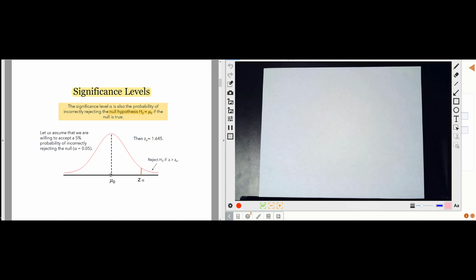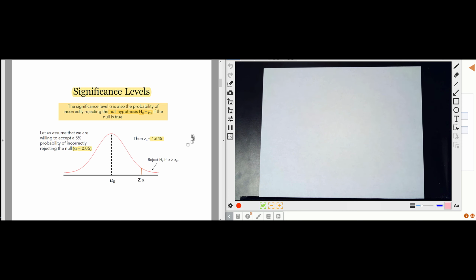It is less likely that the mean of that sample is going to be far away from the population mean. But because the distribution is normal, it is possible that we will draw a sample whose mean is far away from the population mean. And when we select our significance level, here we're selecting a significance level of 0.05, and